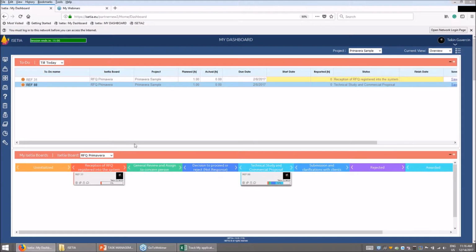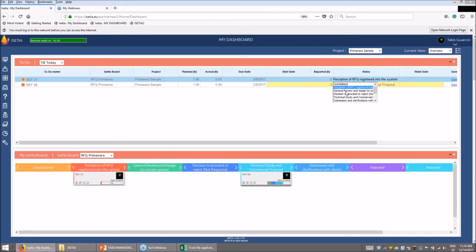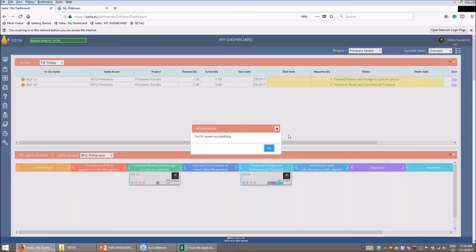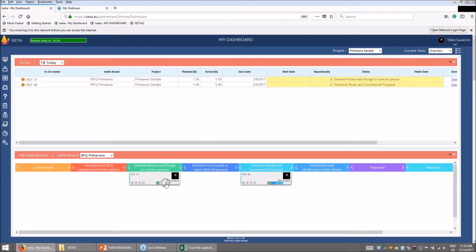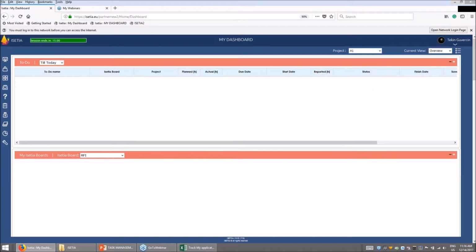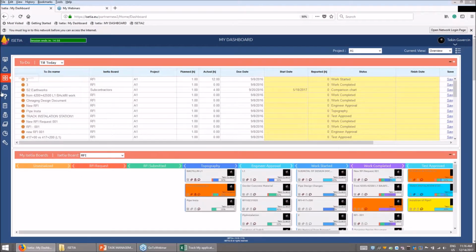If you would like to change the status for reception of RFQ registered in the system, you can open it and select general review, and when you save it, the posted is automatically moved to here. So you can see that the task is integrated with the classical methods and the agile-based method, so we are synchronized on this. Coming back to project A1,